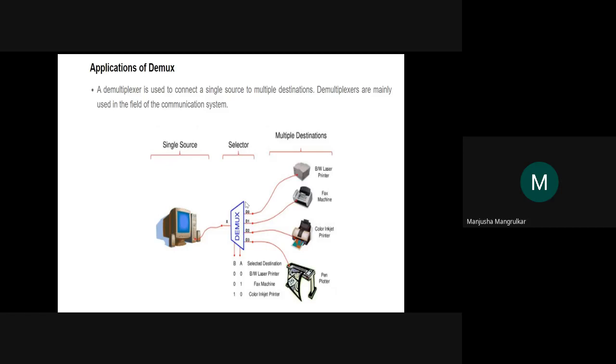Multiplexer we use in MTNL. In a telephone exchange, n number of signals are coming and we are giving them to the specific lines. Similarly, multiple signals are coming and they go to only one output. So there we use the multiplexer signals, right?